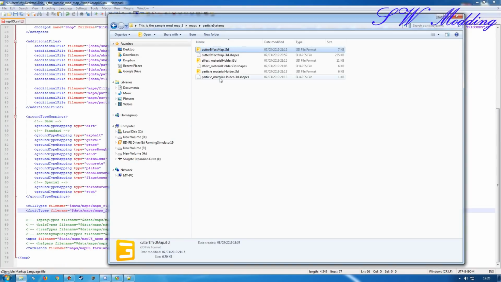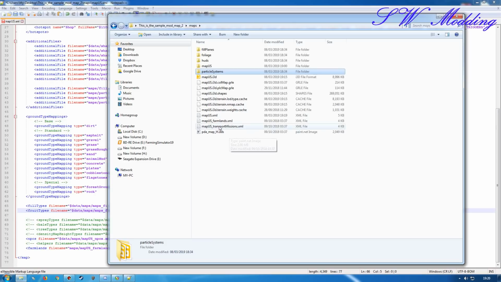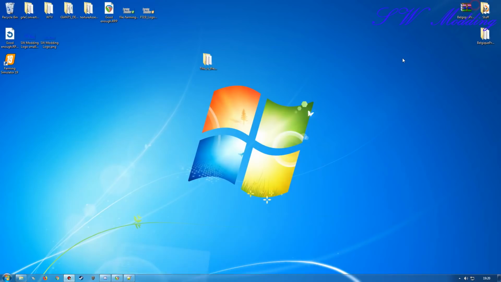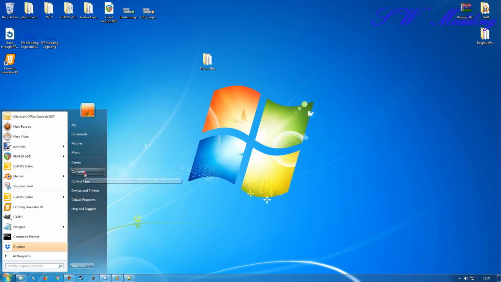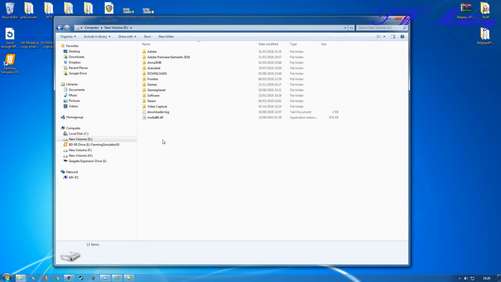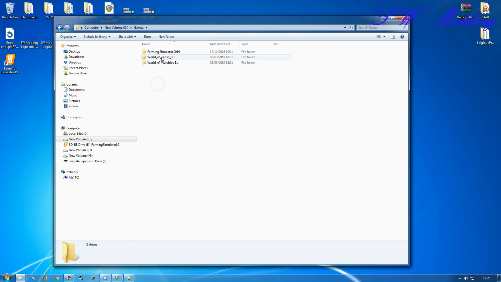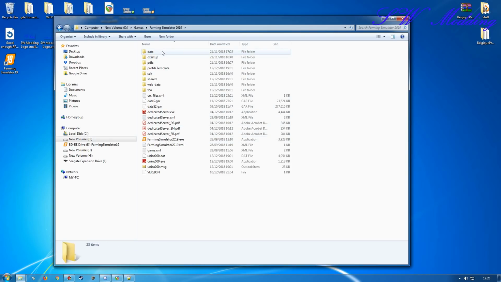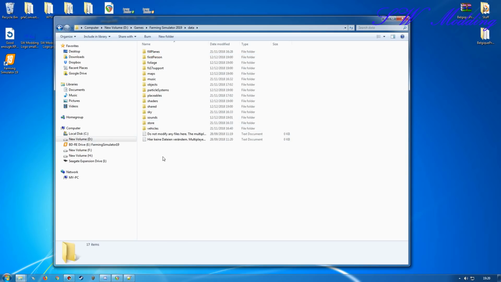The path file name is going to be a little bit different, so I'm going to put them into this folder here. So if I then go into the Giants installation folder itself, this may be different for you because I'm running a disk version, so mine is in my games folder. Yours may be Steam, Steam Apps, Common, and then FarmSim19. Mine's just Games and then FarmSim19. Go into the data folder here,